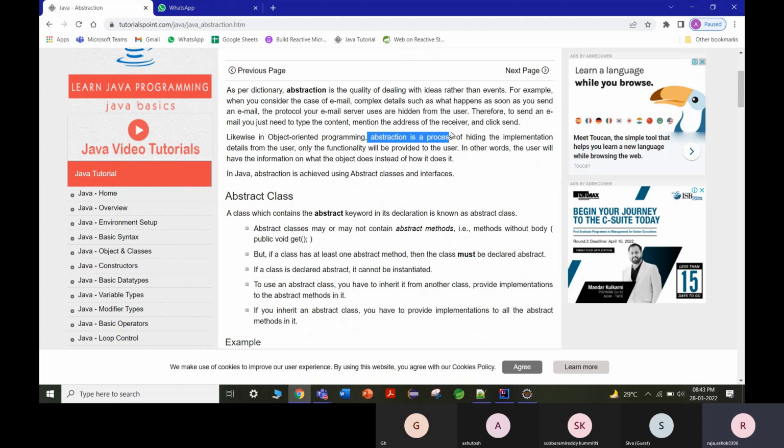So abstraction is a process of hiding the implementation details from the user and presenting only the functionality provided to the user. In other words, the user will have the information on what the object does instead of